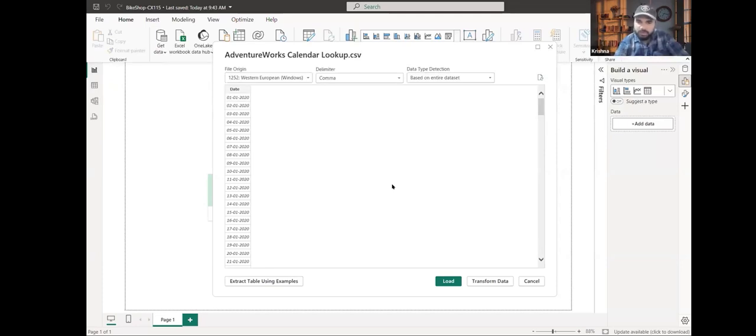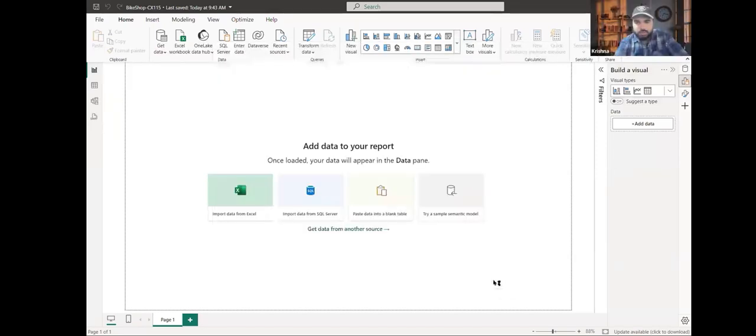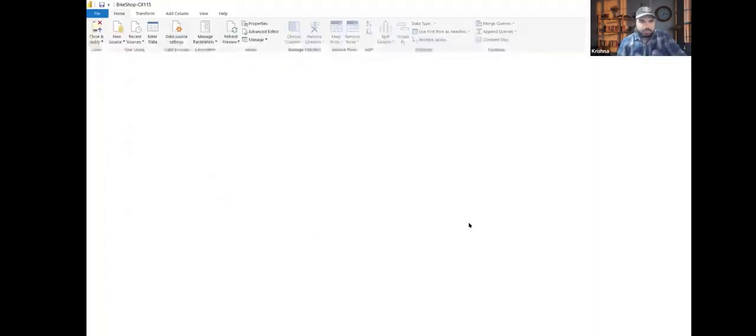I'm just counting the strength. So we need to click on transform data, right? Or we have to wait? You need to click on transform data.